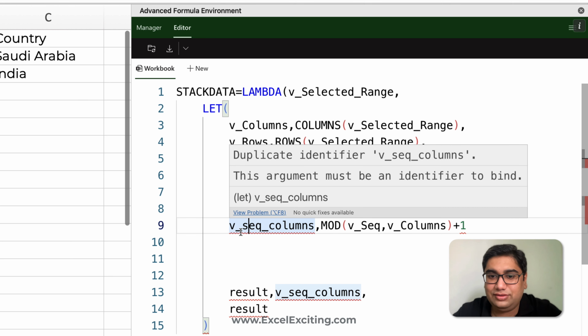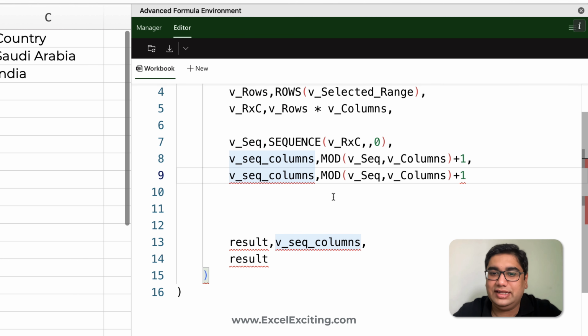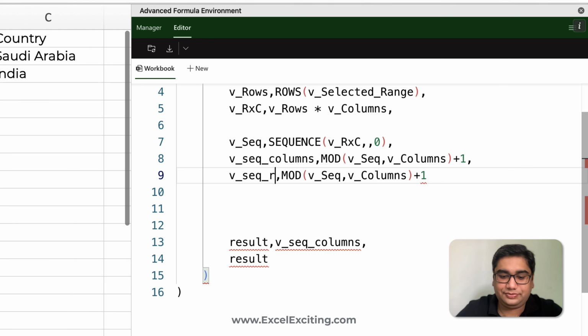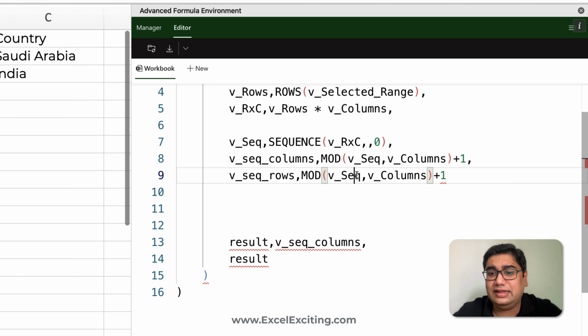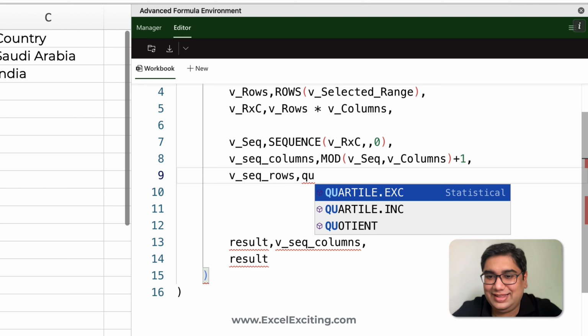If you hover the mouse on this, you can see the problem: duplicate identifier. Now yes, we don't need that. We just need to call it rows, and here we are going to use the same logic. But this time, if you have seen in my previous video, we used the int function and managed to get that rows. But now I'm going to use another function, CEILING,